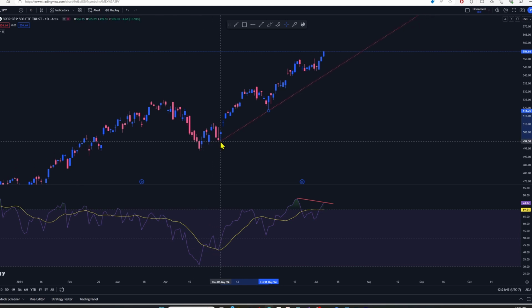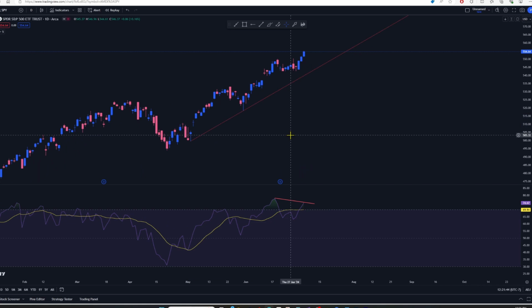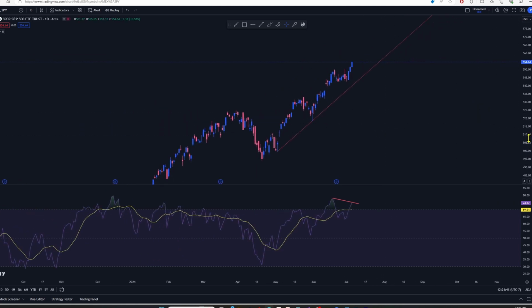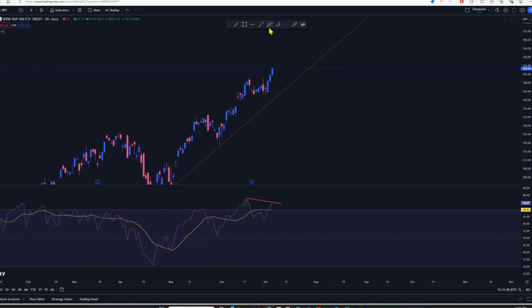All right, that's fine. This is where charting becomes a little bit of an art. So what I'm looking for is price to trace back down into this line and see how it interacts with it. If it bounces off of it, the RSI divergence continues and gets worse and more dramatic. If it breaks through it, I am looking for price to come dramatically down pretty fast, probably down to an